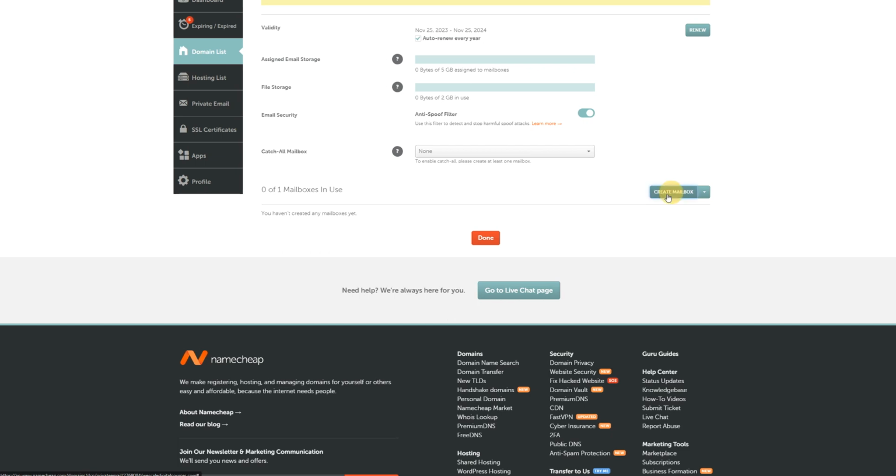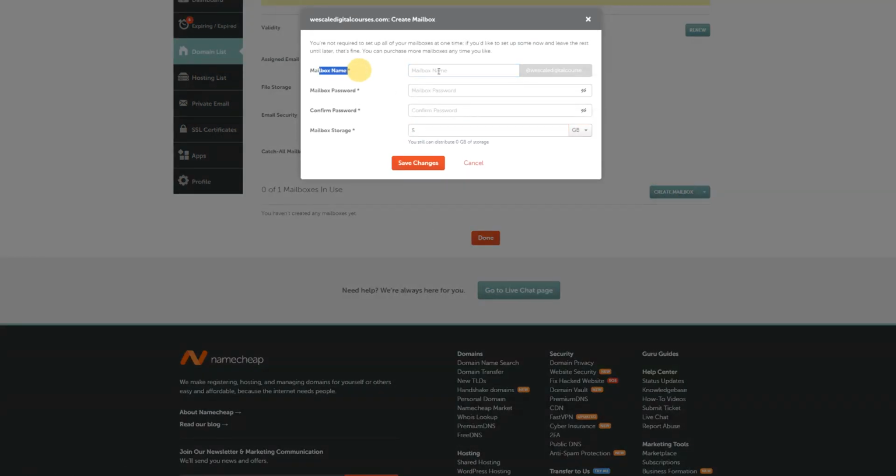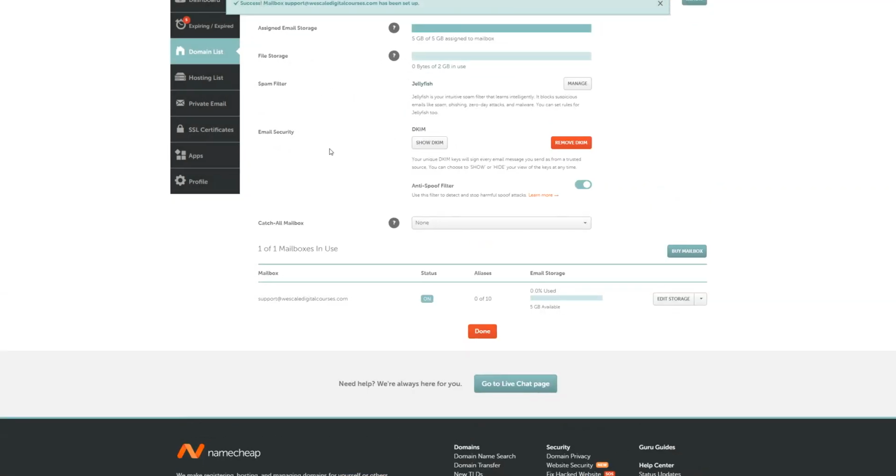Okay, so let's go ahead and create mailbox. Now here, this is going to be the name. It's going to be support. Now mailbox password, just create something. And then for the mailbox storage, right now I have a total maximum of 5 gigabytes, and it's showing me how many gigabytes are left. But you can go ahead and do 1, 5, whatever you prefer in this case. Go ahead and save the changes right after you create it. So now we have support at